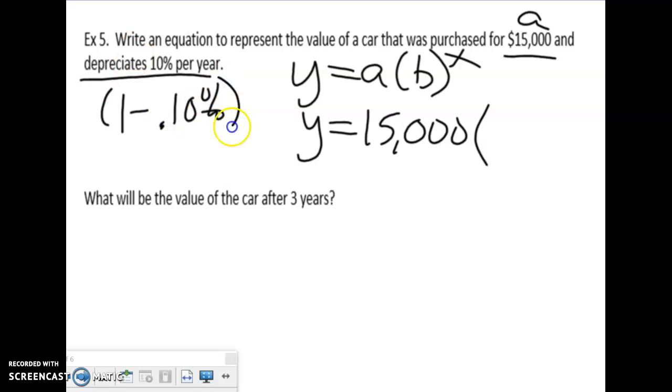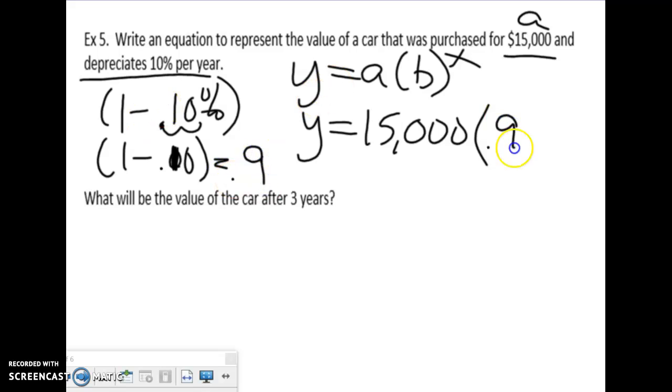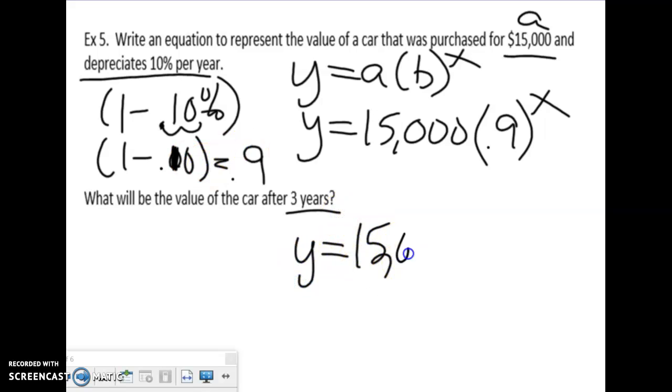Let me get rid of that. And then I got to move this decimal 2 times, so 1 minus 0.1. Whew. I'm struggling with this board, and of course I can't erase because I don't have an eraser, so that's going to be one thing that's challenging. But 0.9, yes. So 0.9 is how much will remain. We're going down by 10%. And so once we have the equation, we want to find the value of this car after 3 years. So 15,000 times 0.9 to the third power. And guess